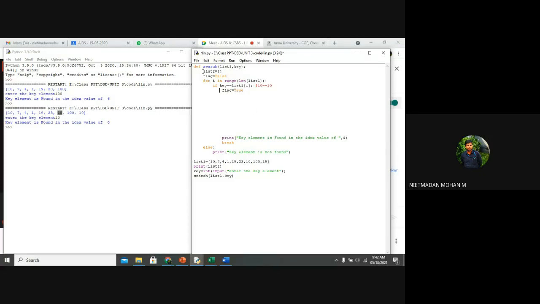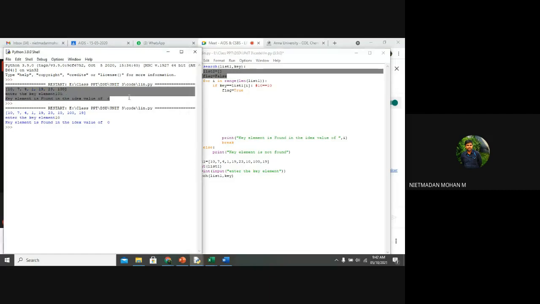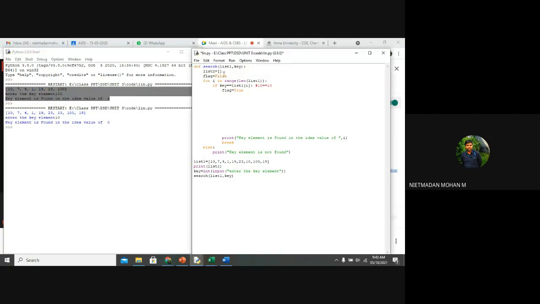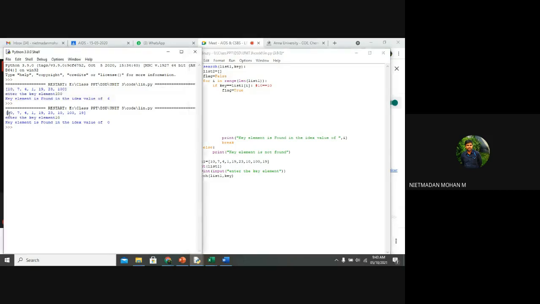Without these two lines, you can understand these lines of code, right? Searching this particular element like this. Yes. And here what I am doing is I want to know all the duplicate elements' index values also. For that, I am creating a list inside the function and assigning a variable. You can assign whatever name it may be, such as AIDS is equal to false or CSBS is equal to false. I am simply assigning flag is equal to false. This is my current statement.